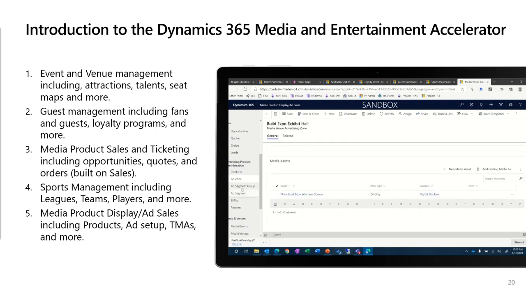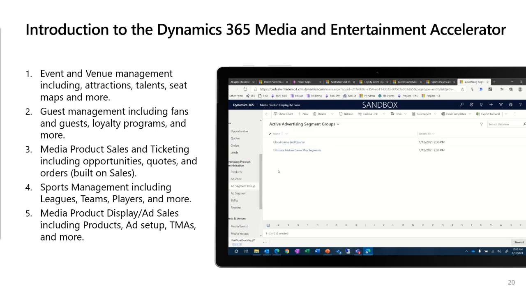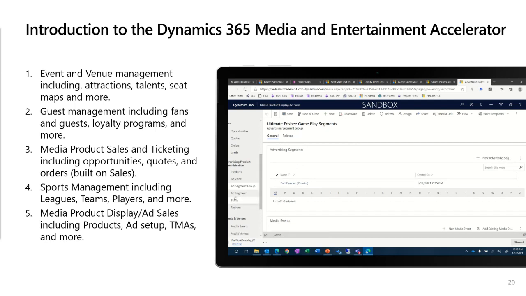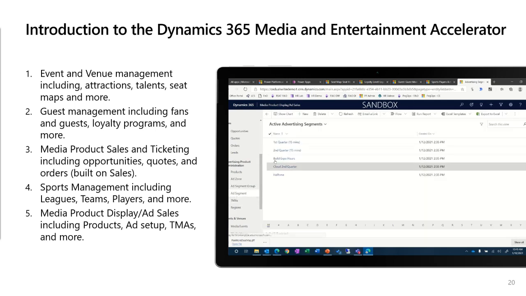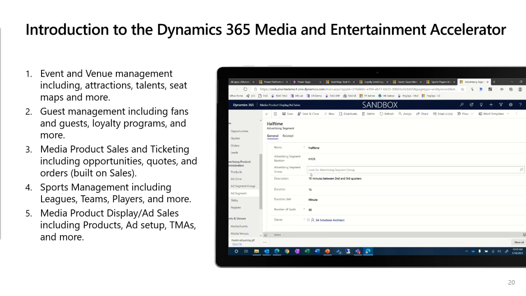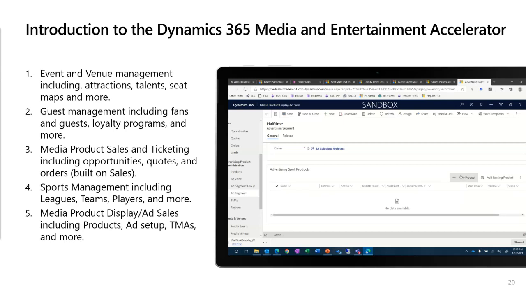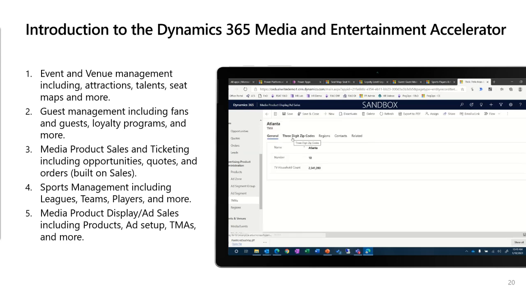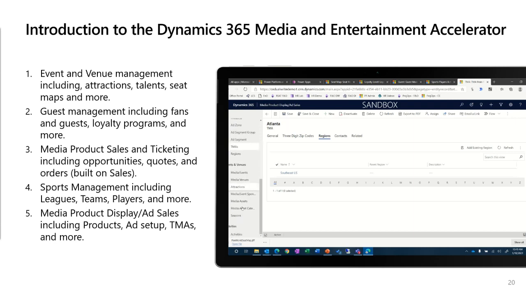So if we think about a large stadium or any event center that you're using, there might be advertisements in lots of different spaces inside of the stadium, and so we can indicate when those ads will occur. So these ad segments are indicating, like, we're looking at a halftime, but if you're running TV advertisements or advertisements on scoreboards or things like that, you can keep track of that. So I have the ability to track your TV ads and where you're blasting out those TV advertisements.